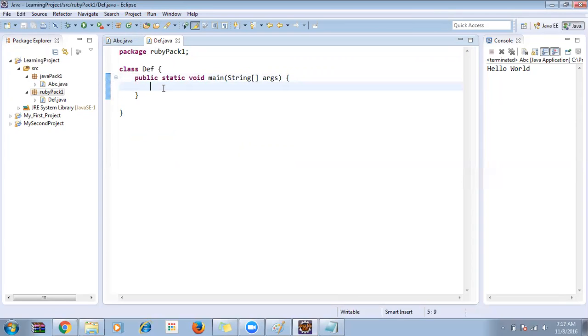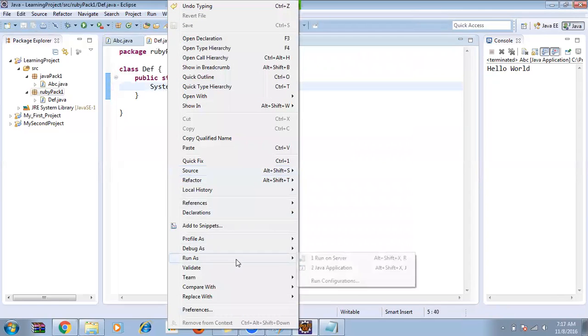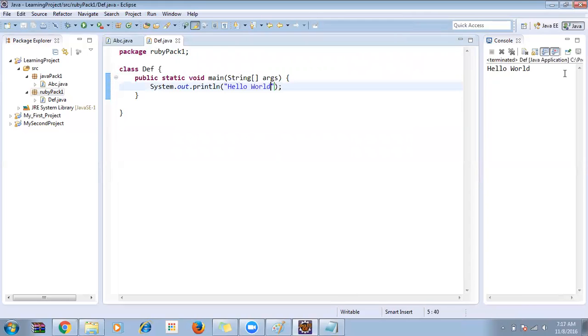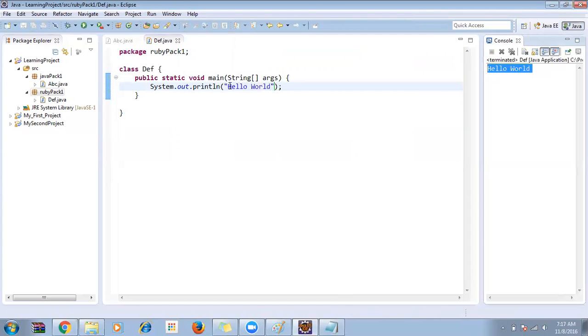Now how do I write it over there? I want to print something. So for that, sysO, control space, and then I'll give hello world. Now if I want to run it, right click, run as Java application. It prints hello world. So if I give it as welcome,